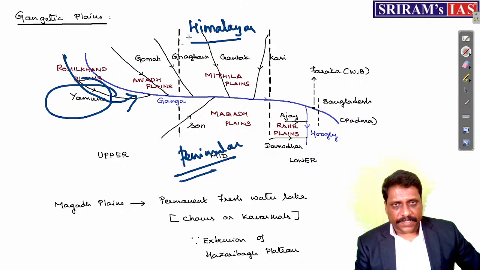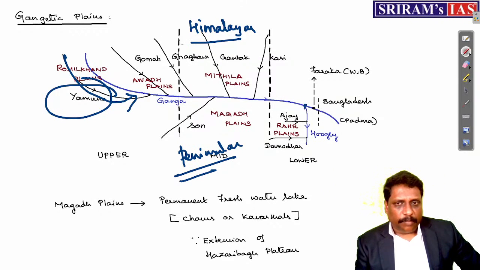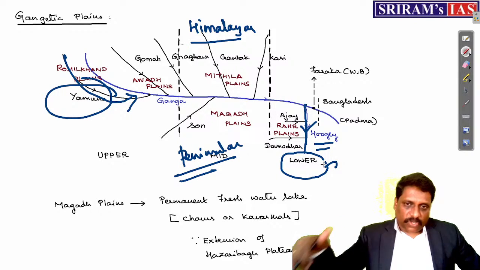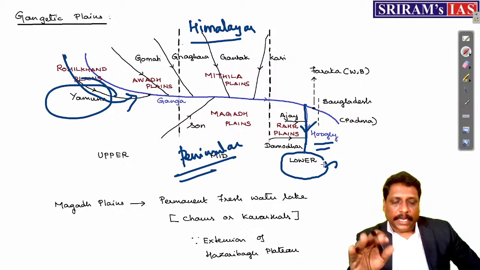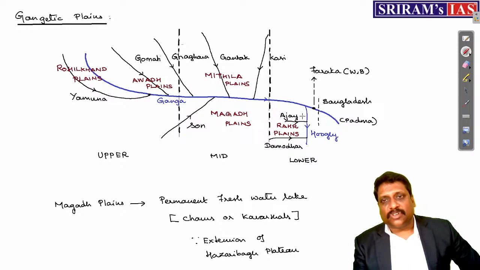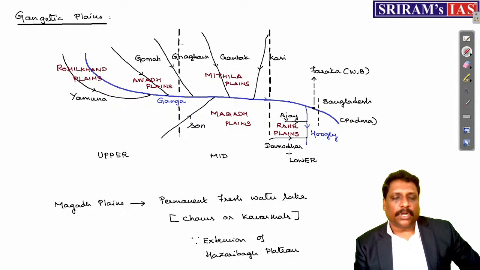Whatever it is the case, the very important rivers we have added. And I have also added one of the very important distributaries of Ganga called Hooghly. Today, West Bengal, we call it Lower Gangetic Plains, I understand. But the plains of West Bengal are not created by Ganga, they are created by which river? Hooghly. Okay, right, my dear friends. Now, I have also added some of the tributaries of this distributary, called Ajay and Damodar. And my dear friends, because this plain is so vast, already we have divided it into what?